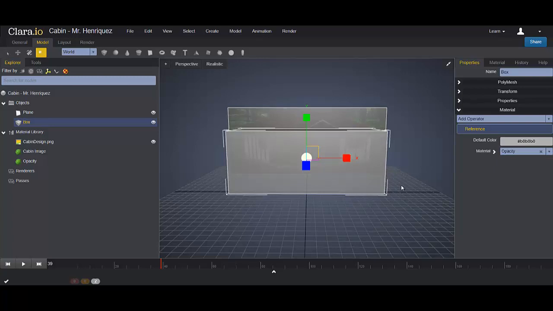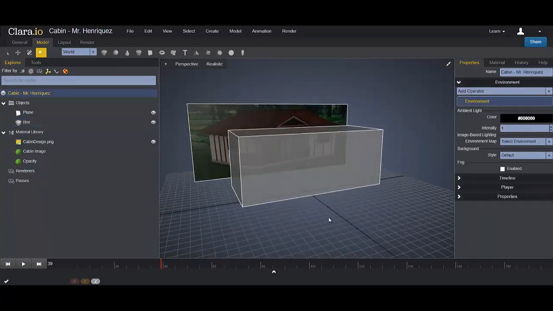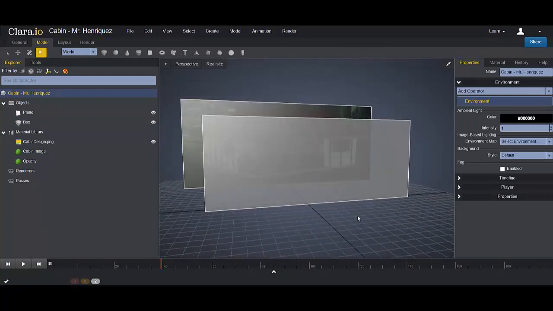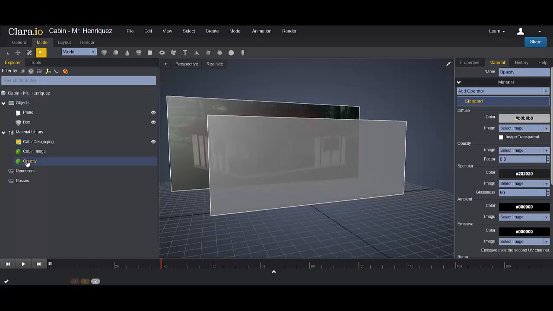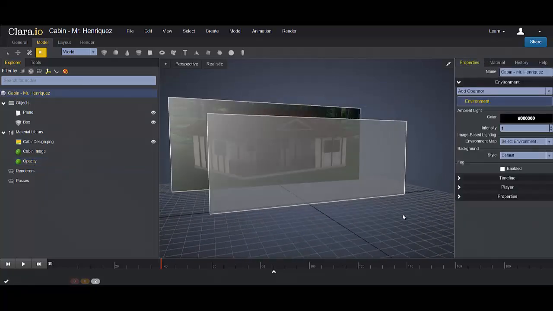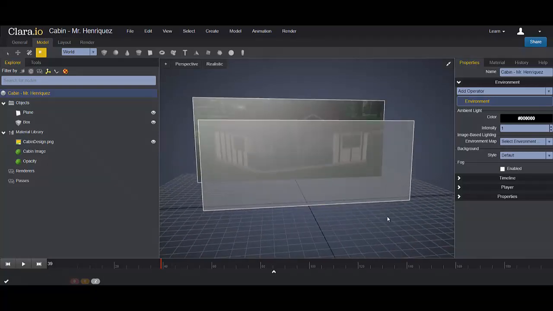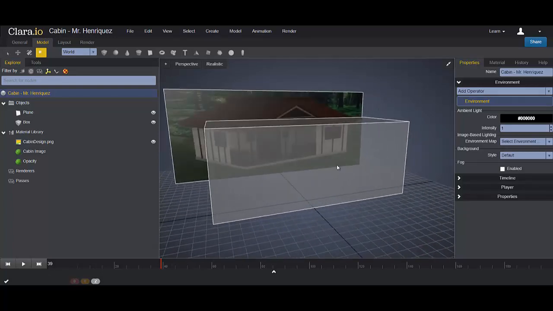And then you can see through it now. See that? Okay. You're able to see through it. If it's not enough, you can always go back to the opacity and keep changing it more until you're satisfied with the opacity so you can see through it. Okay, so once we have that,